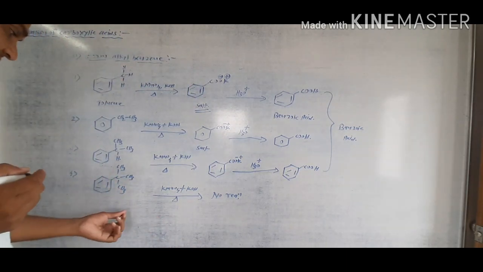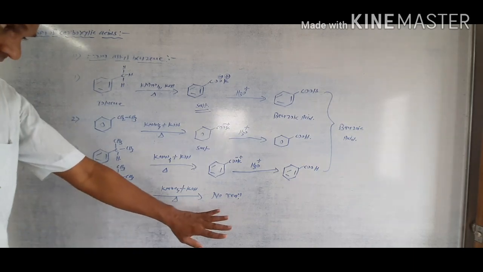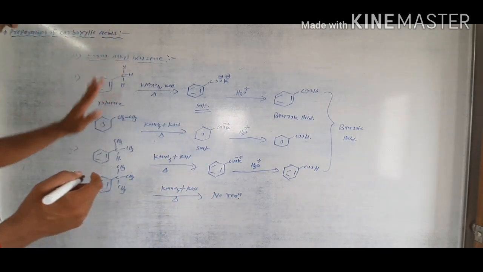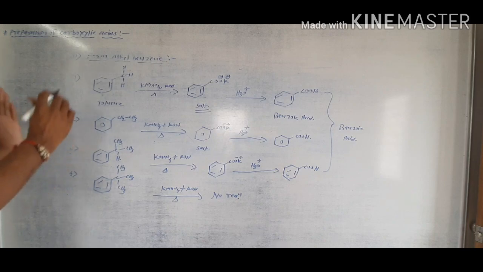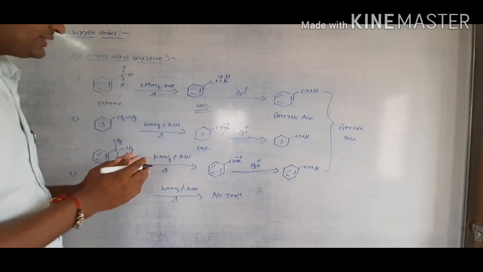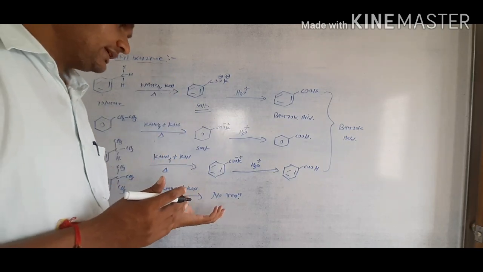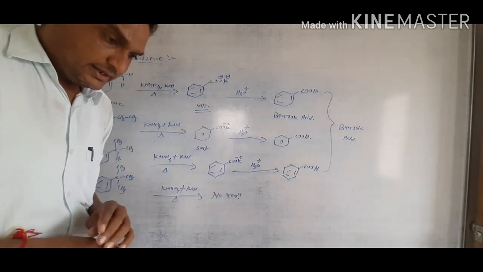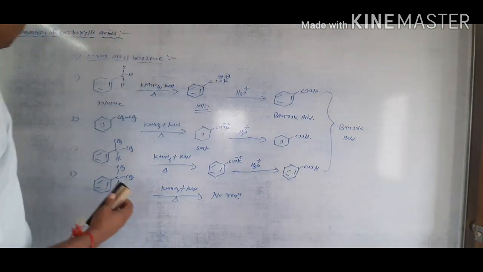A tertiary side chain attached to the benzene ring does not undergo any reaction and does not give the benzoic acid. Only primary and secondary alkyl groups attached to the benzene ring will react with KMnO4 in presence of KOH, then give the corresponding salt of benzoic acid, and this salt will be further hydrolysed, then gives the benzoic acid. It is another simple and suitable method for the preparation of carboxylic acid.